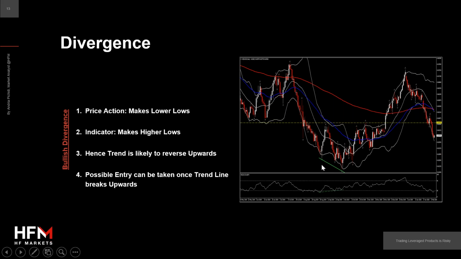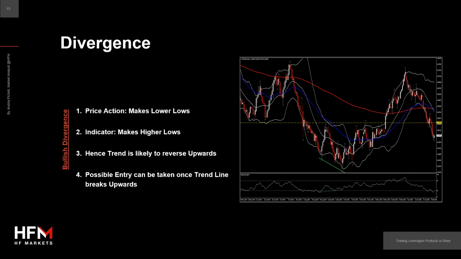So you see here, I have one low, another low, I connected it, and then at the exact same time period, I connected the lows of the RSI, and they were pointing higher. So you need to check the same period in which you spotted lower lows in your price and whether you are getting higher lows with your RSI. So that was an ahead of time signal